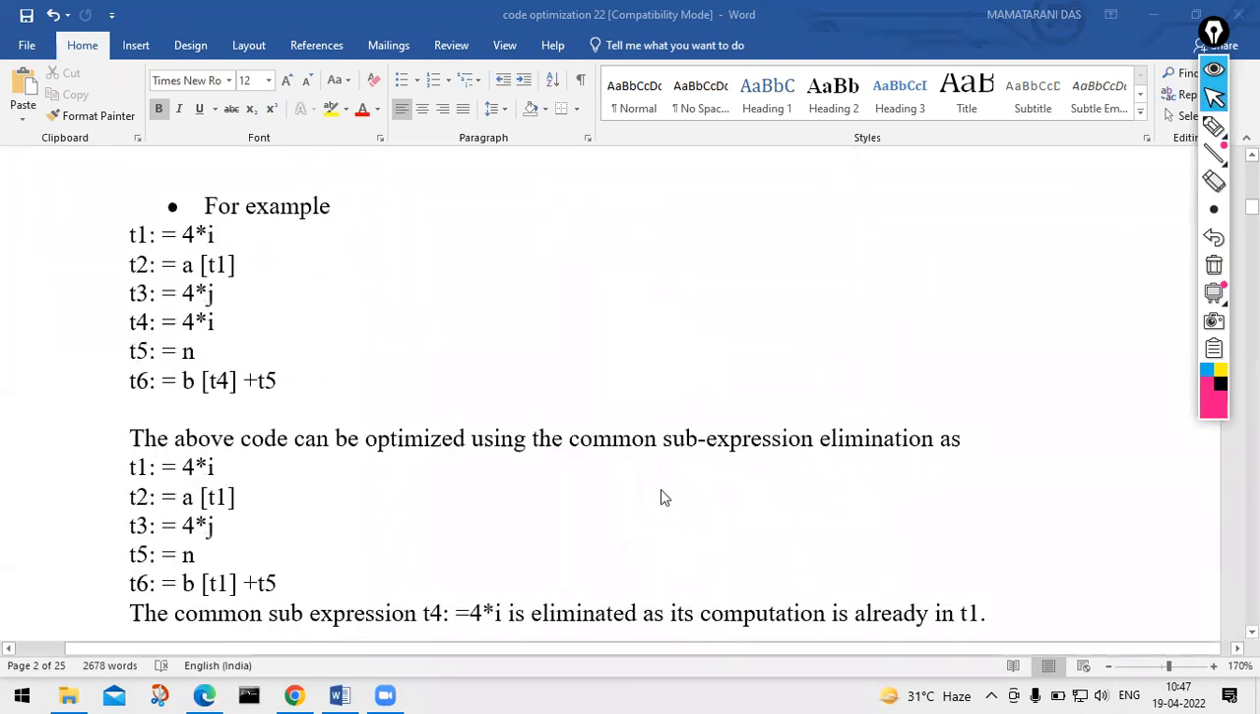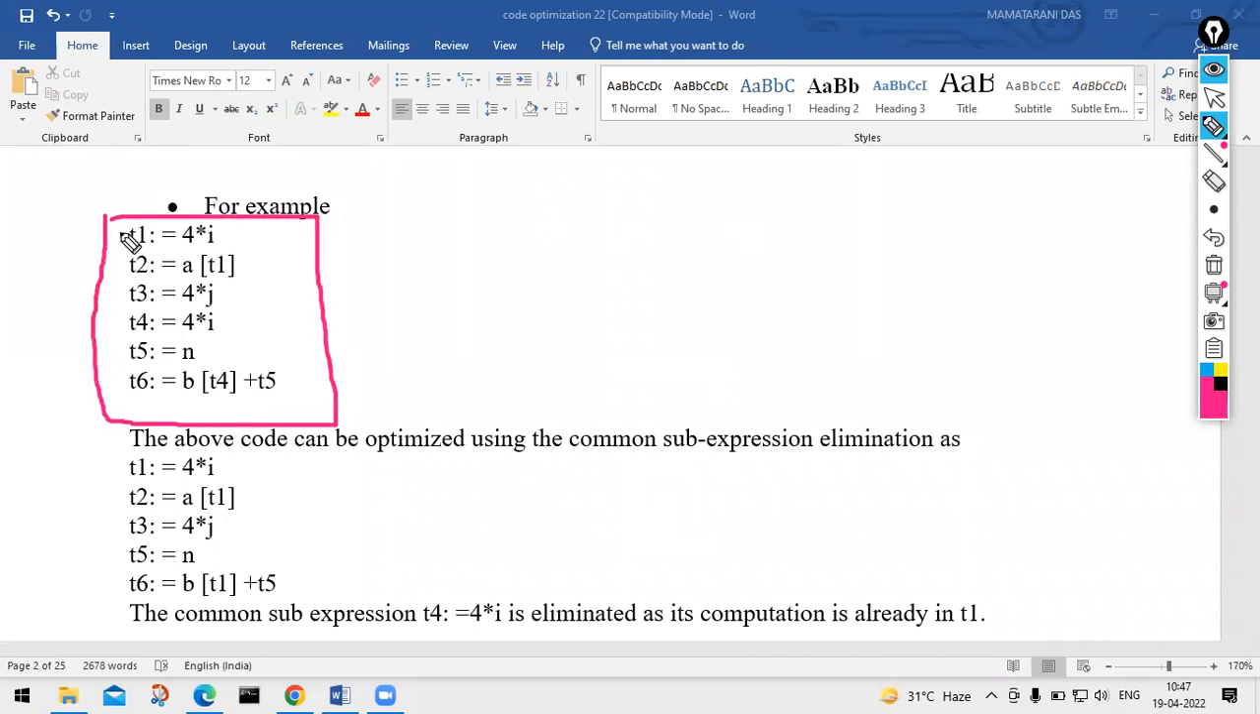So simply I'm going to give you the example. See here. So these are the different three address statements, sequence of three address statements. So here you see T1 and T4, whose value is the same, that is 4 into I, 4 into I. And between T1 to T4,